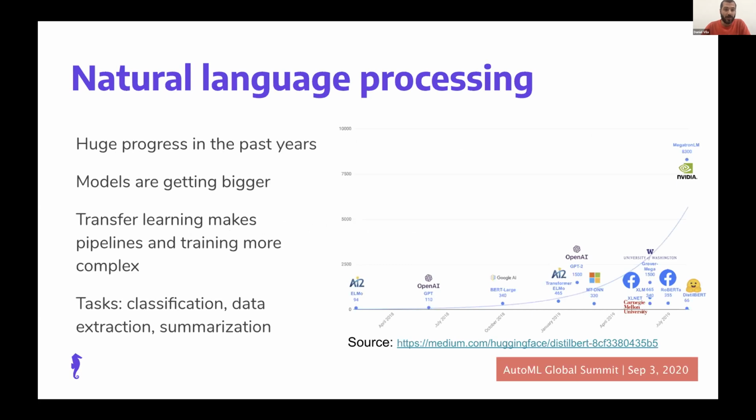So yeah, we all know that natural language processing is going through what they call the golden age of NLP. We've seen huge progress in the past years, and we see also that models are getting bigger and bigger. This is kind of a problem for companies that want to exploit these models. Things are getting better with distillation, quantization, and other things that try to make models smaller. But in any case, this is something that should be taken into account when doing NLP, and especially when doing